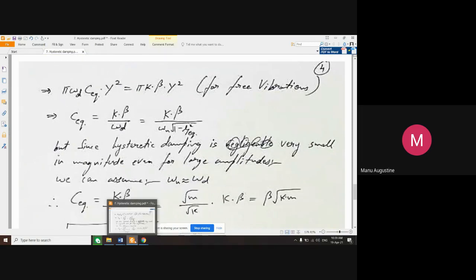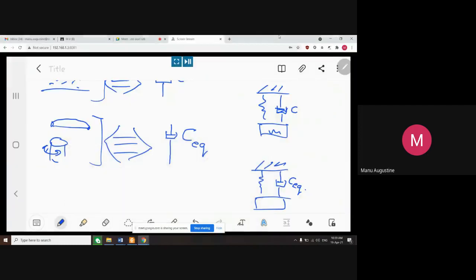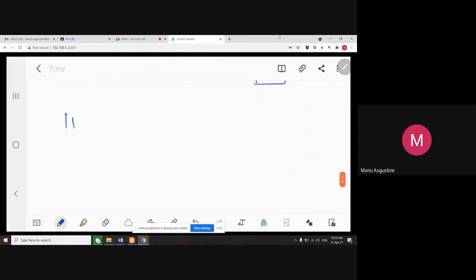अपन अभी तक कैसा लिखते आए थे, पाई ω C y स्क्वायर लिखते थे, ठीक है, π ω C y². अब अपन एक्चुअल एक्सप्रेशन लेके आएंगे कि भाई अगर मेरे पास सचमुच में एक डैम्पर बनाना है जिसका कि C इक्विवेलेंट होगा, तो सबसे पहले तो मैं यहाँ पे C इक्विवेलेंट लिख देता हूँ। दूसरा, जब डैम्पर आ जाता है, तो डैम्पर की जो फ्रीक्वेंसी है, जिस फ्रीक्वेंसी से आप इसको अप डाउन ऑसिलेट कर रहे हो इस पिस्टन को,